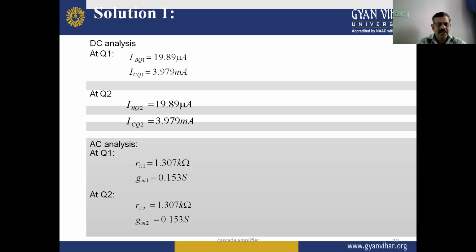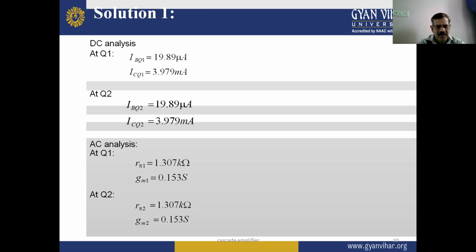And also at the transistor Q2, we have the base current IBQ2 equal to 19.89 microampere, and also the same collector current as in transistor Q1, 3.979 milliampere. So in AC analysis, we find at Q1 R pi 1 equal to 1.307 kilo ohm, and gm1,